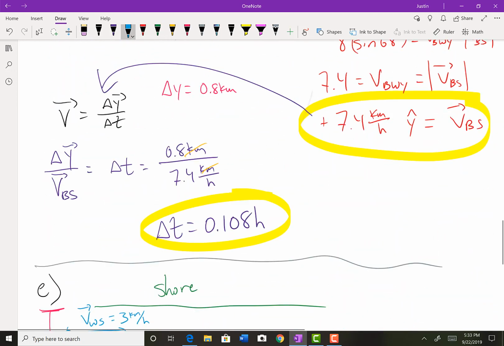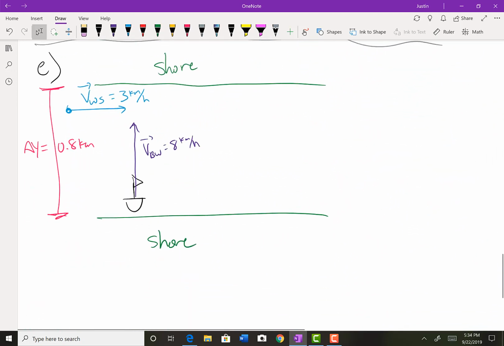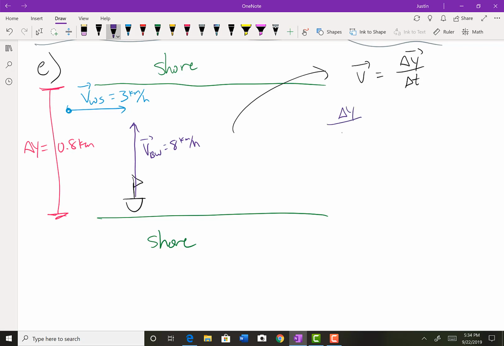Yeah, 3 kilometers per hour. So I can use, again, to start with here, this definition of velocity. The velocity of anything is equal to the displacement, we use delta y, divided by the change in time. So isolating delta t, that's going to be delta y over the velocity of the boat with respect to the water